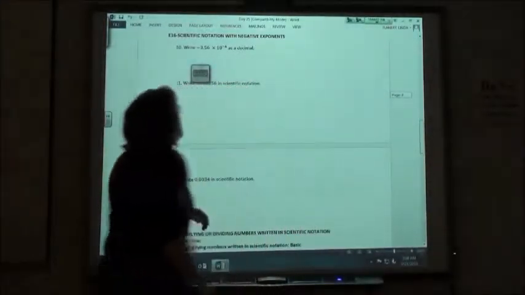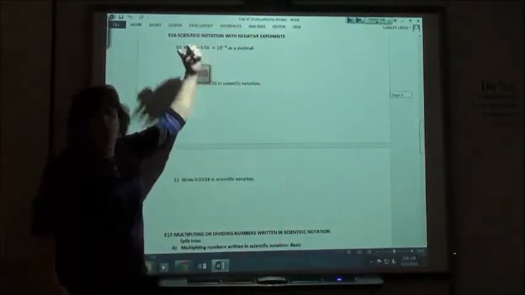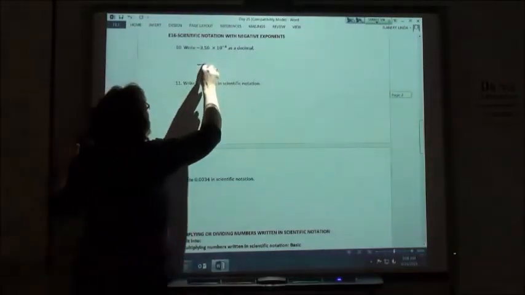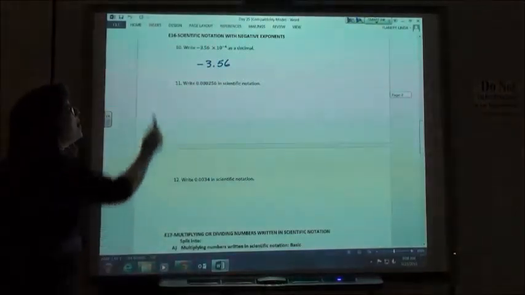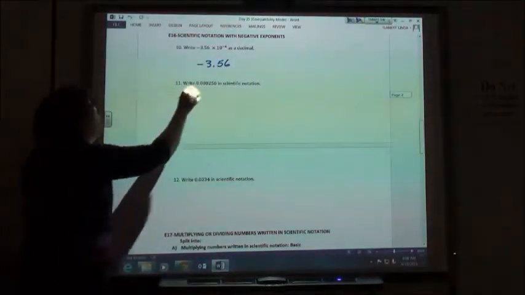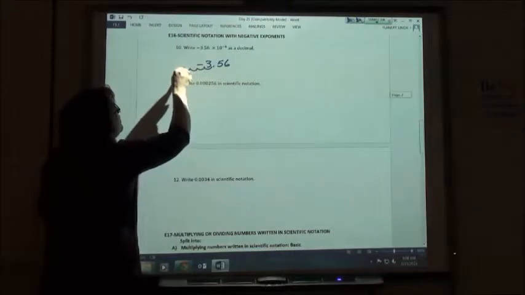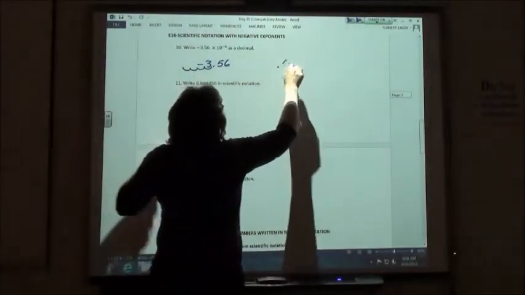So a negative exponent technically means you're dividing, which means you move your decimal backwards. In this case, if I have negative 3.56 times 10 to the negative 4, I've got to move my decimal back 4 places. 1, 2, 3, 4. So I would have